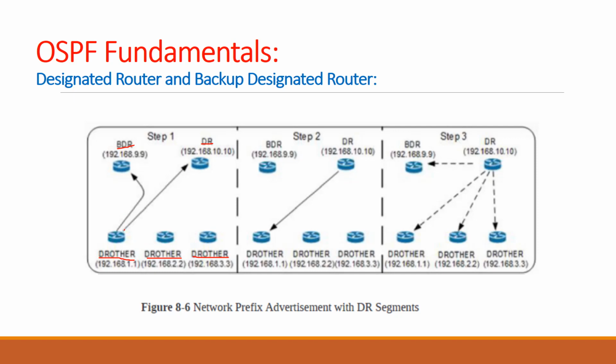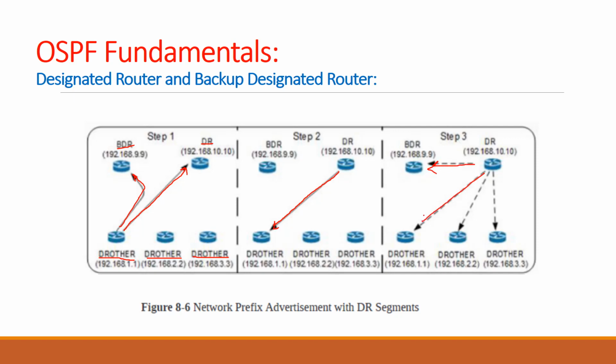The router sends a link state update to the DR and the backup DR. The DR responds with a unicast ACK, or acknowledge, and then in step 3, the DR floods this update to